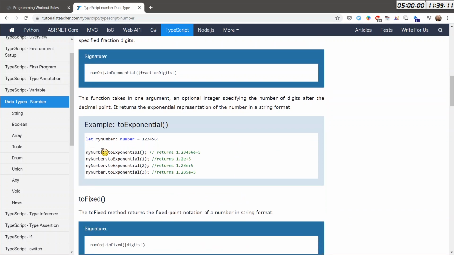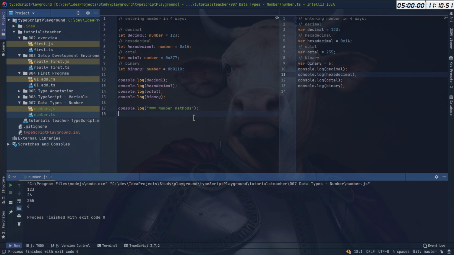So there's some number, and then I say toExponential, and then I can specify the number of digits. Looks like the default value is what? 5, 5, 5, it is. Okay, and I need some number, and I guess it doesn't matter in which form it is specified, right? So let's say decimal, and I will change the value to be slightly bigger if I'm able to do that. And decimal,